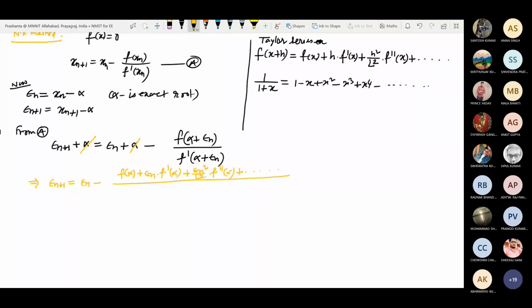Yes, sir. Excuse me, sir. Now, see, remember, tell me. Sir, in the Taylor series expansion of 1 upon 1 plus x, shouldn't it be 1 minus x plus x square upon 2 factorial minus x cube upon 3? No, no. You have forgotten. This is the exact formula for 1 by 1 plus x. You check it. You can use the derivative and derive it.